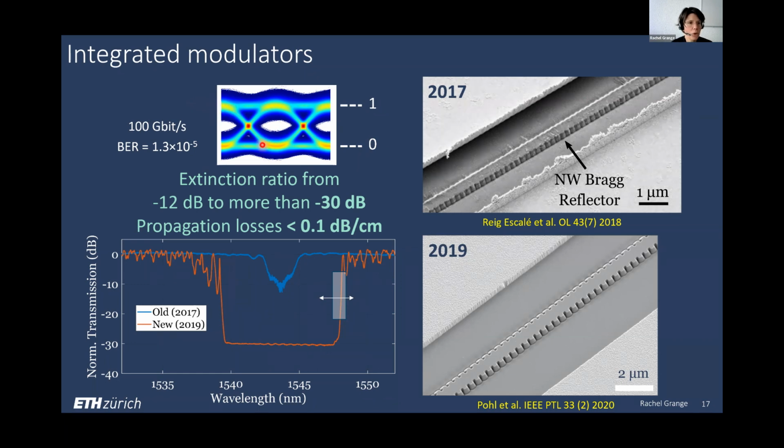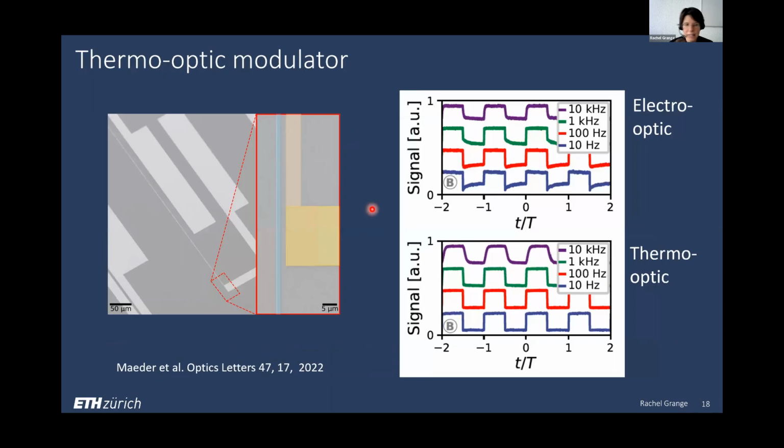They go from 0 to 1 or 1 to 0 without too much crosstalk here. This kind of eye diagram was taken at 100 gigabit per second with a bit error rate of 10 to the minus 5. Okay, so this is what we can do with this lithium niobate on insulator platform, electro-optic modulator,